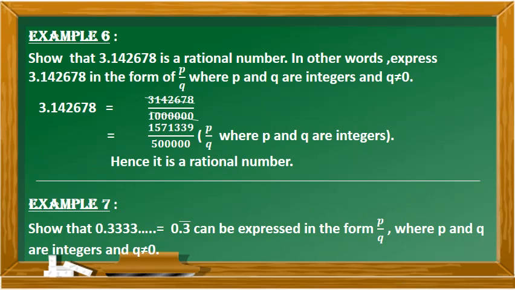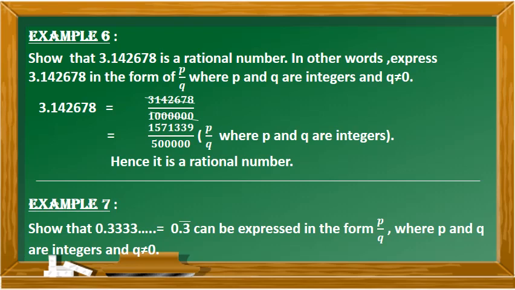Now we will do the sixth example. Show that 3.142678 is a rational number. In other words, express 3.142678 in the form of P by Q, where P and Q are integers and Q is not equal to 0. We have learnt in our earlier classes how to make a decimal a rational number, that is P by